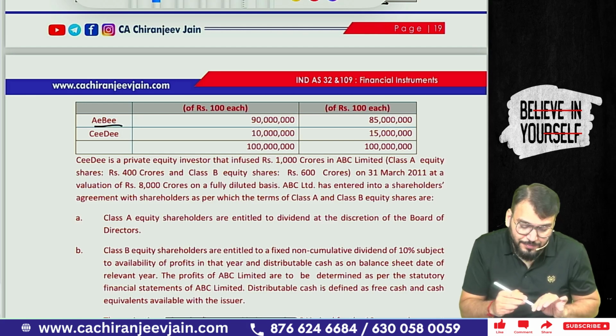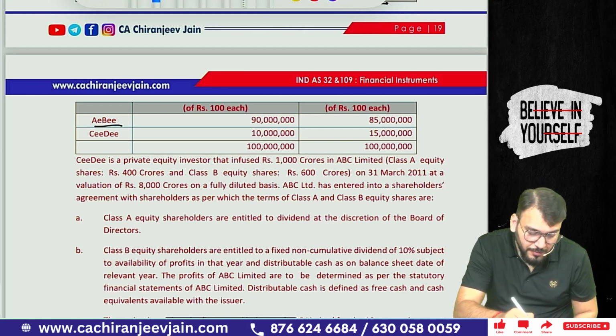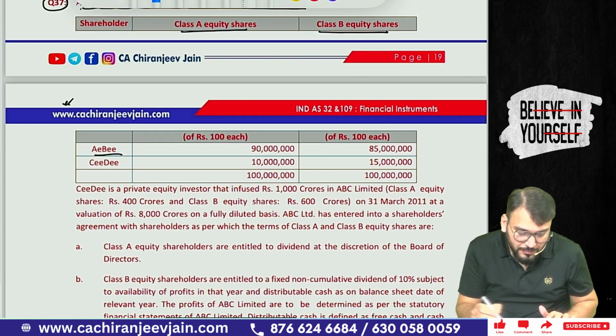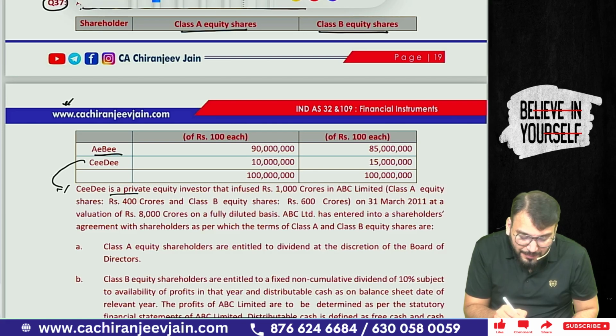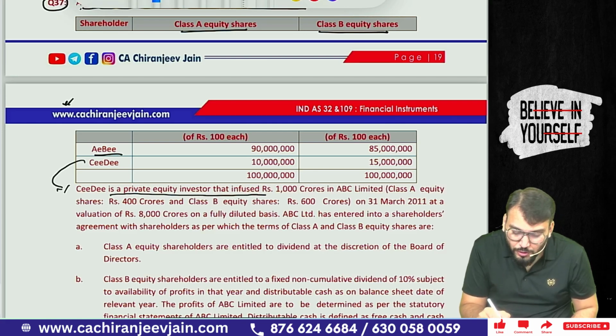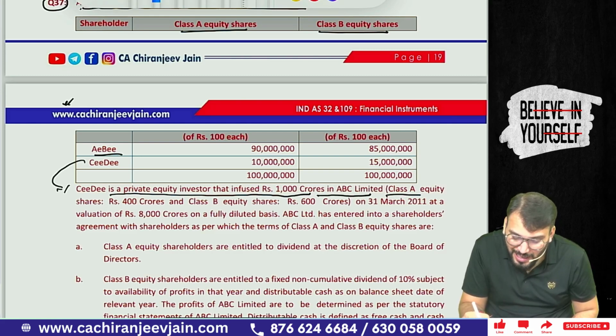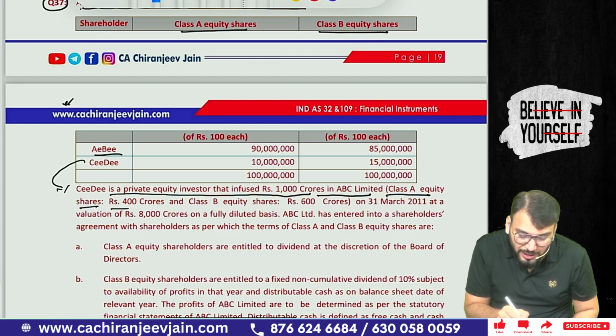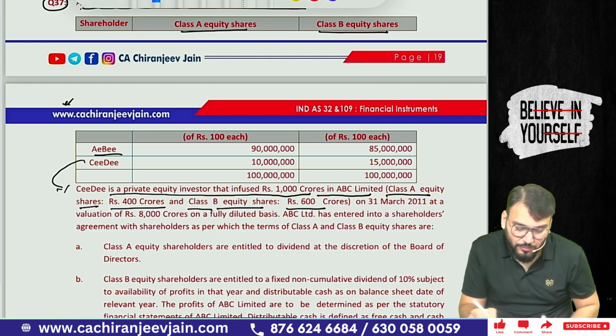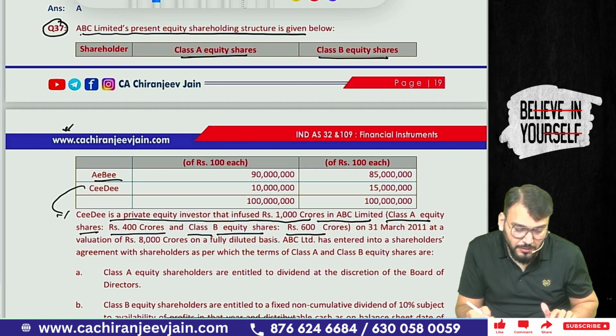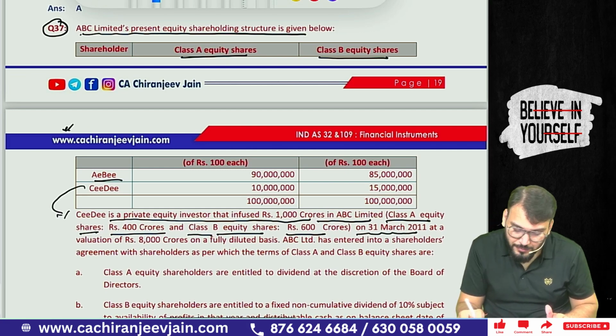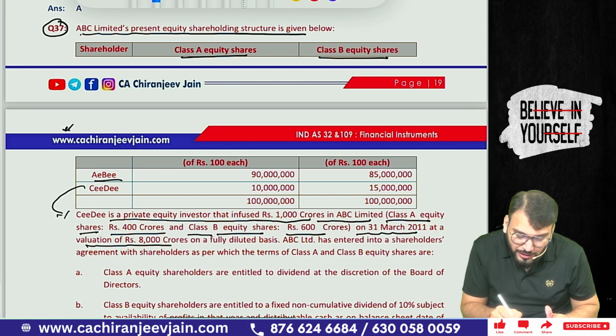CD is a private equity investor that infused rupees 1000 crore in ABC Limited: Class A shares rupees 400 crore and Class B equity shares rupees 600 crore. On 31st March 2011, at a valuation of rupees 8000 crore on a fully diluted basis,